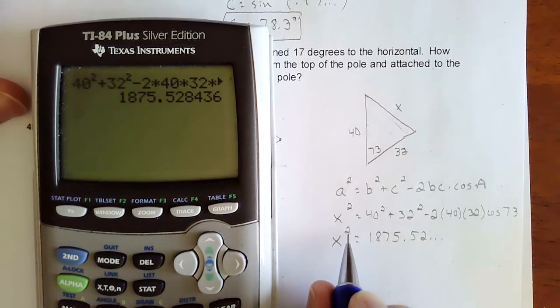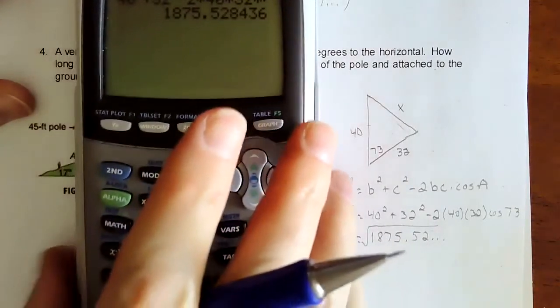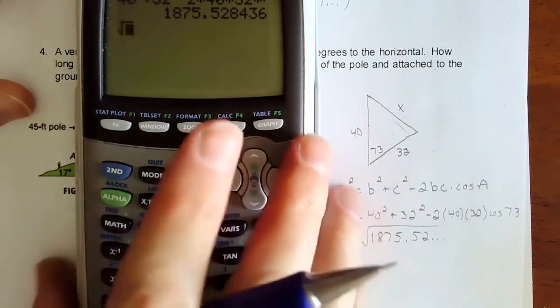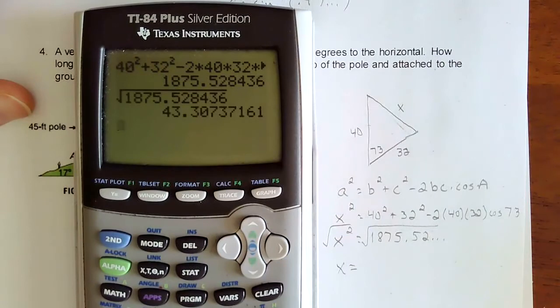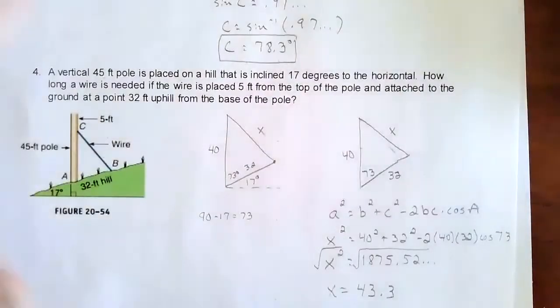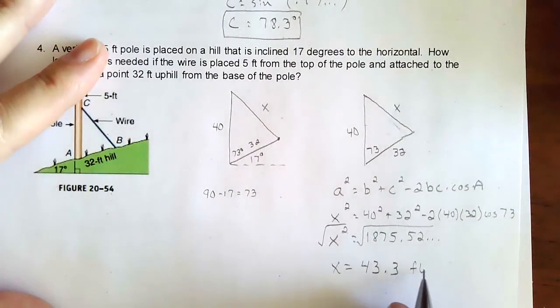And then we have to get rid of the square by square rooting. So x is going to equal the square root of that value. So we'll do the square root, second square root, of that value. And that 43.3 represents the length of my cable. So 43.3, and everything is in feet. So 43.3 feet